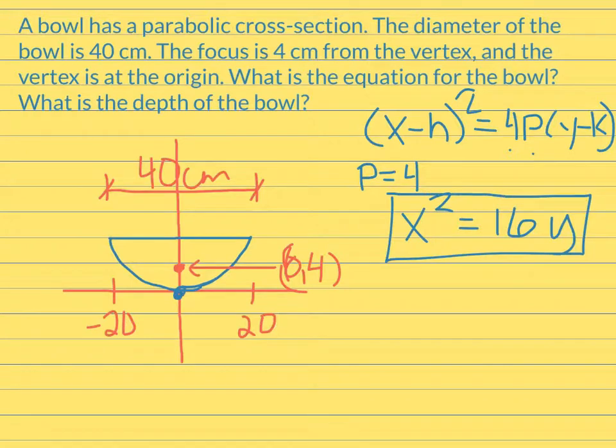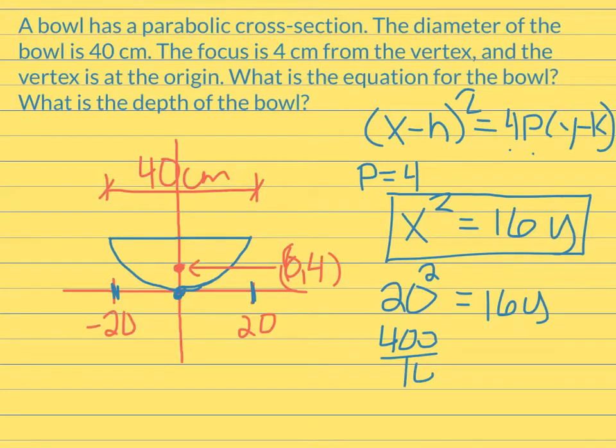Alright, so what is the depth of the bowl? A lot of people think, oh, it's 4 centimeters. Well, we don't know how high these sides go up. So what we do know is how far over they go. So I could plug in a 20 for x or a negative 20. It doesn't matter, because I'm going to square it. So 20 squared equals 16y. So I'm going to square 20. I get 400. I'm going to divide by 16 to get y. And 400 divided by 16 is 25,